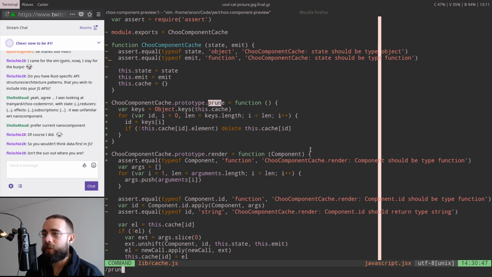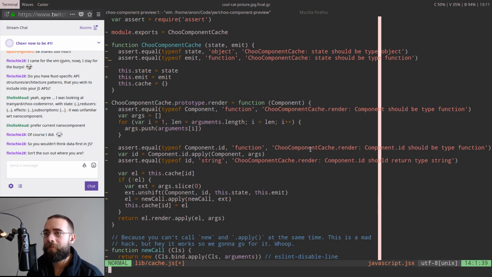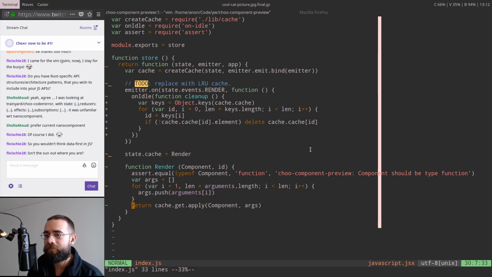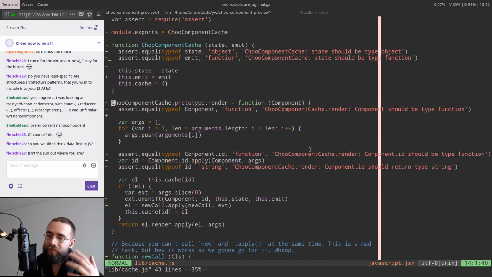All right, so we're calling prune here. We can delete prune there. Goodbye, prune. Choo component cache prototype render. Right, so there's that render. I'm just going to call it that. Should we call it get? Should we call it render? I feel like render is a better name, because render is either